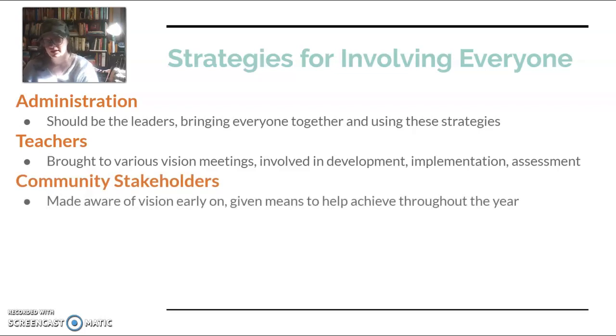So next is community stakeholders. They need to be made aware of this vision, and then when they're given means to help throughout the year, they know what it is, so they know on their terms what they can do to help us meet this vision. If our SIP for this year is parental involvement, our stakeholders may do things or sponsor events that would bring parents in. If we're having an open house, they may provide food, let's say, so that we know more parents will come. Things like that, they can help in their own way.